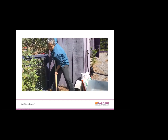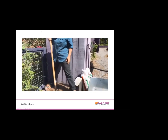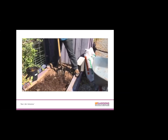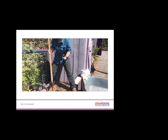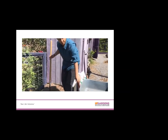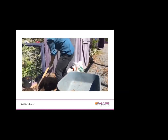All right, I've got the hole finished here, and you can see that it's quite wide. It's only about 6 inches deep, but it's about a good solid 2 feet wide. The next thing you're going to do is blend your soil amendments with the existing native soil. I'm going to use this wheelbarrow here, and I'm going to put in